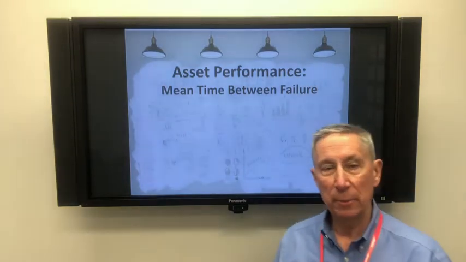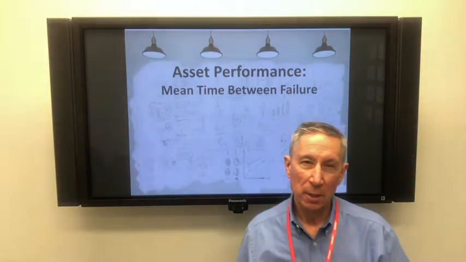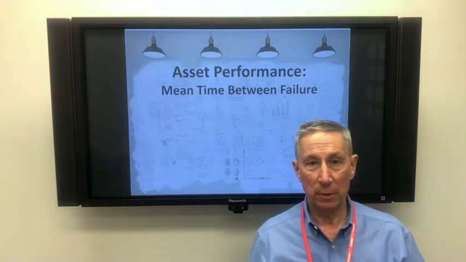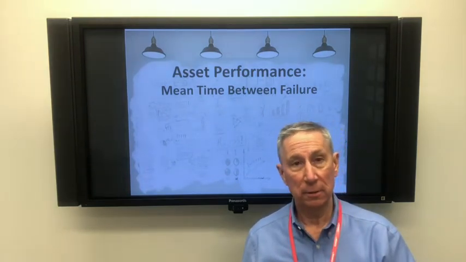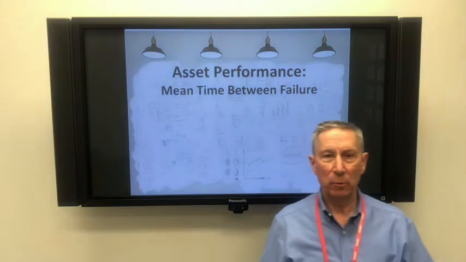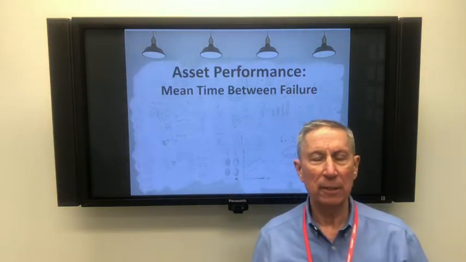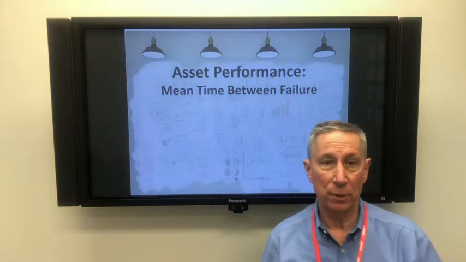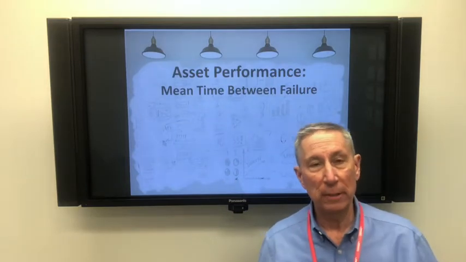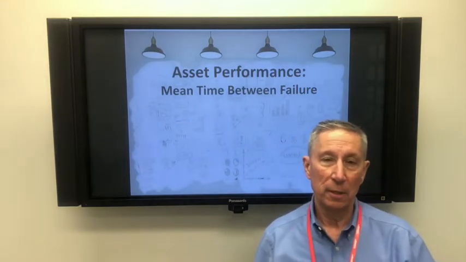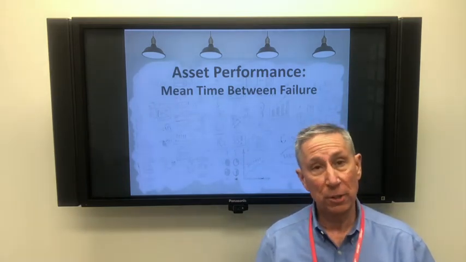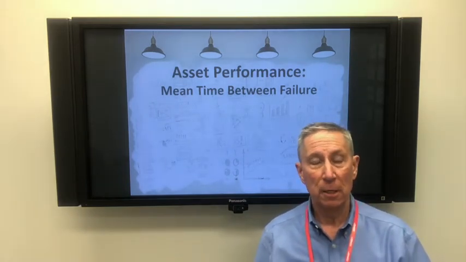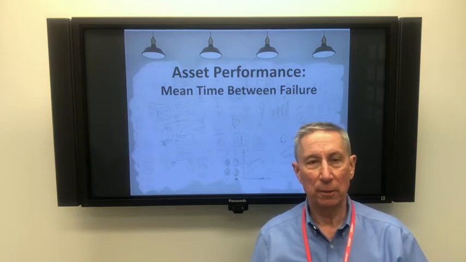The reason mean time between failure is so important is it really brings together two elements: the time I run a piece of equipment and how often it breaks. As a maintenance guy, I'm always thinking about how do I stop failures? How can I stop this thing from breaking so production can do their job? This metric brings those together and gives us a way to measure and see how the asset's performing, and also see how we're doing.